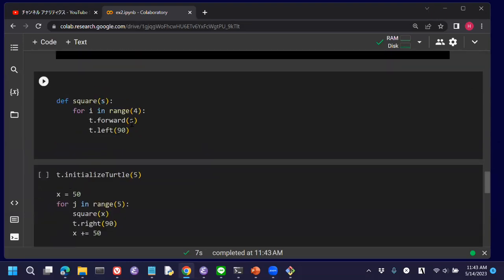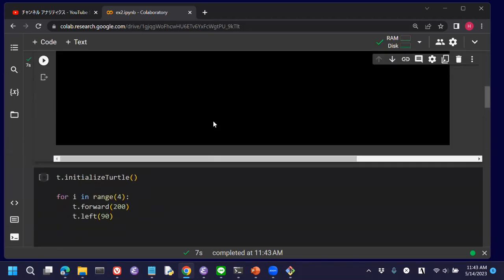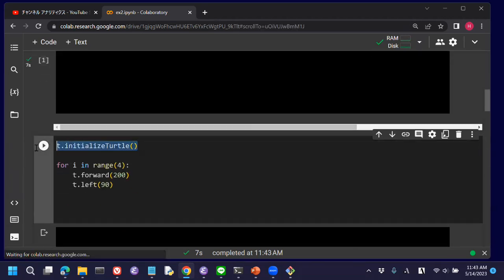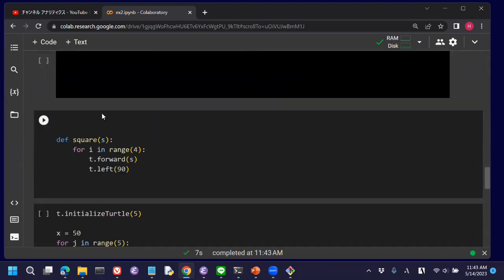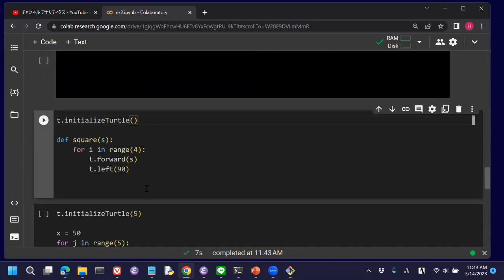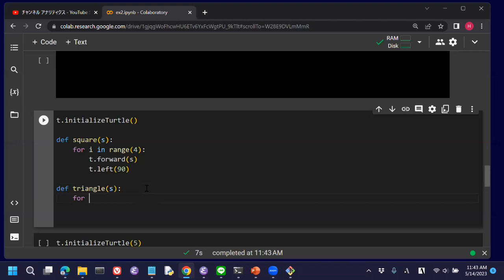Basically one way is to define triangle. Let's copy this initialize code, put it here, and then, looking at the above, we define the triangle function of s: for i in range 3 this time,